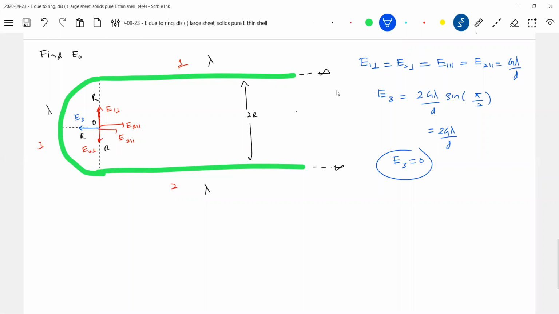Sir, how come? The mathematics is what is helping us here. Or else, sir, I'll assume a small element here, find E1 bar first, then assume a small element E2 bar, then assume two symmetrical elements. I think what we did earlier, only the conclusion is what we should apply. Not for every problem should you assume a small element and do the mathematics. Already we derived it. Those formulas are what you should take help from. Please do understand the methodology here. For different shaped objects, you already know it. Semi-infinite rod, semicircular wire, then apply those formulas and conclude the answer. So the net field at point O will be 0.